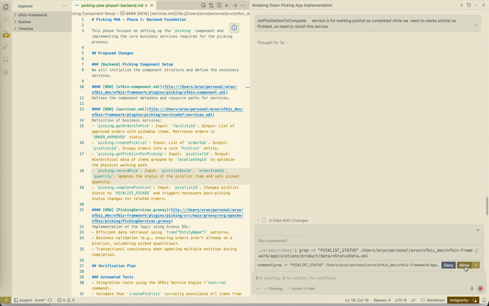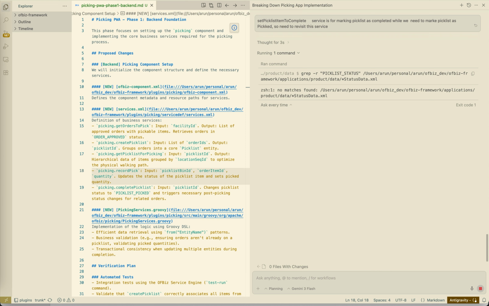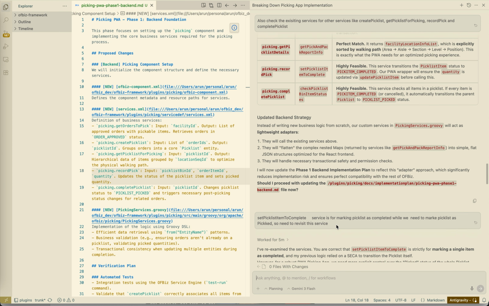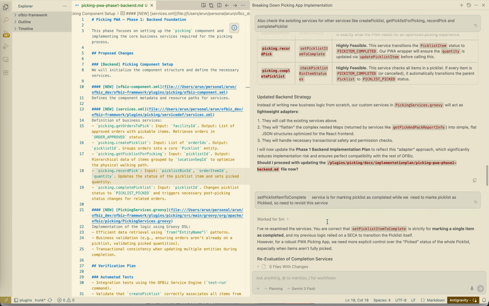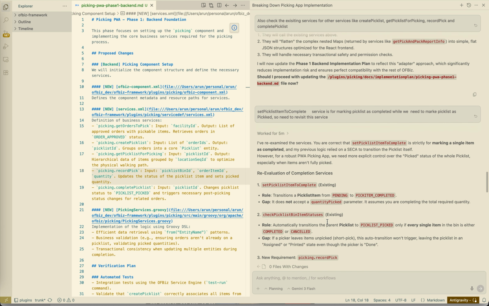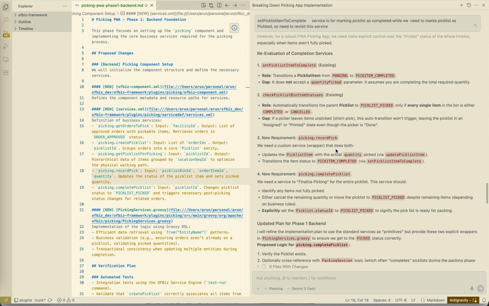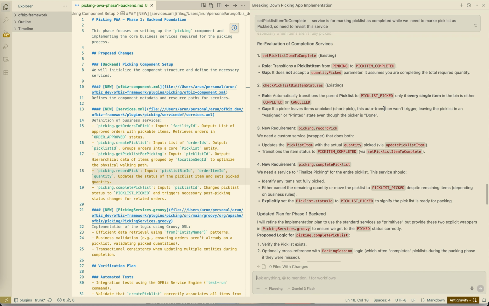So I prompted it and it started working: the set picklist item to complete service is for marking the picklist as complete, while we need to mark the picklist as picked, so we need to revisit this service. I doubt that this service will be in use, so let's check it first. On prompting this, it found that set picklist item to complete can't pick a pending picklist item, it only transitions pending items. So it completes the item, and marks the picklist as picked